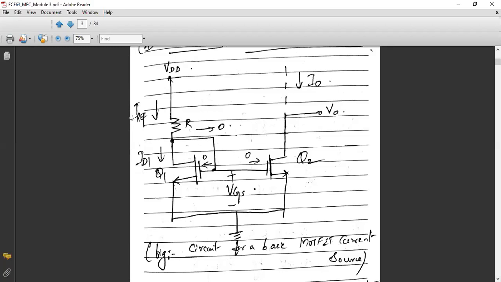Why? Because I reference is the current flowing through Q1, and through the same transistor it is shown as the drain current ID1. So this drain current is equal to the reference current. And there always exists a short circuit between the drain and gate of Q1. Whenever you come across a short circuit between the gate and drain terminal of a transistor or MOSFET, you should be able to identify that the current flowing through this transistor is taken as the reference current.